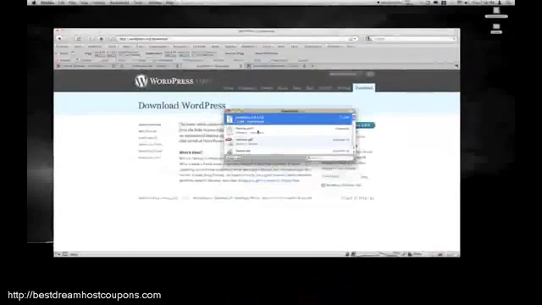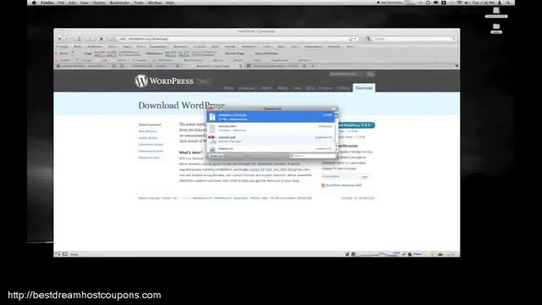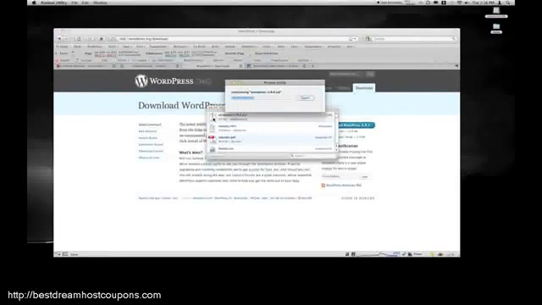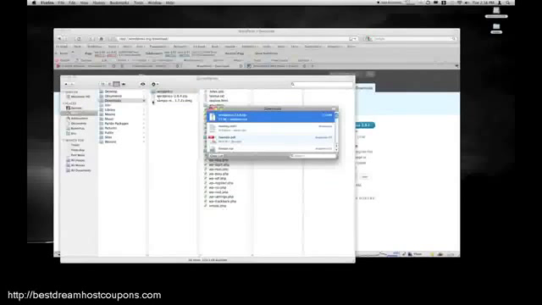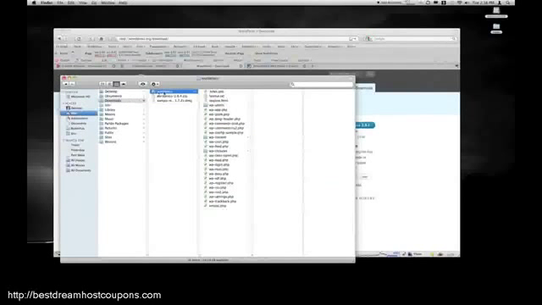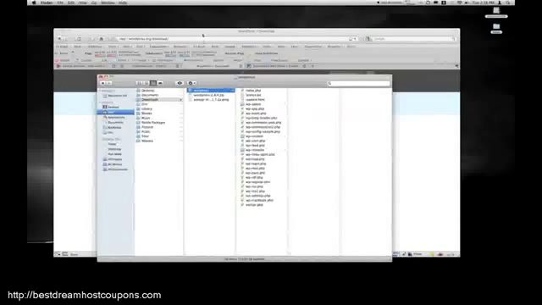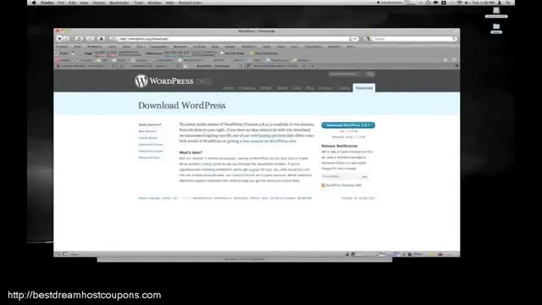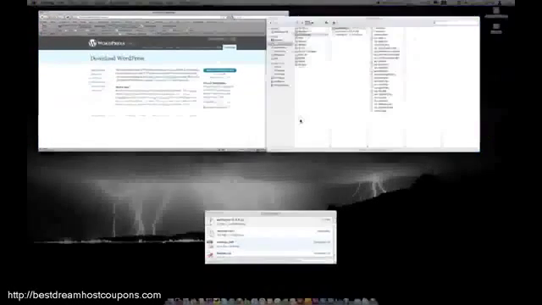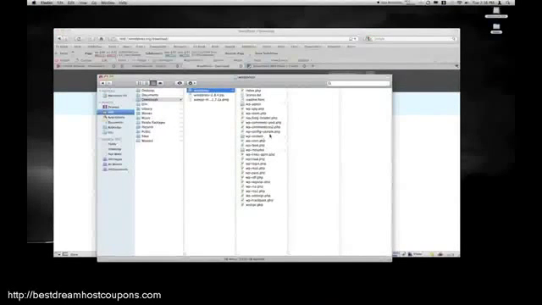So okay, we have downloaded WordPress, and we're just going to unzip it by double clicking on it. And here it is. As you can see, it's in my downloads file, and there's all the WordPress files that we need. Okay, so the next step is going to be actually changing and setting the config